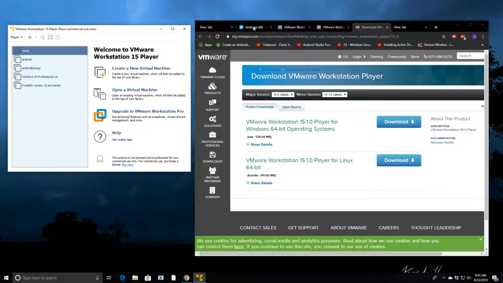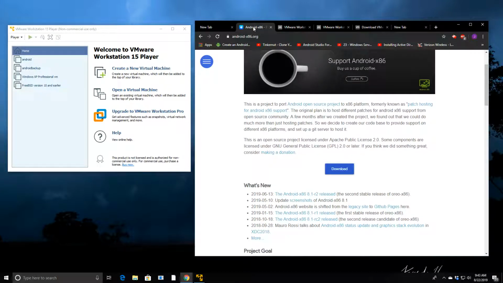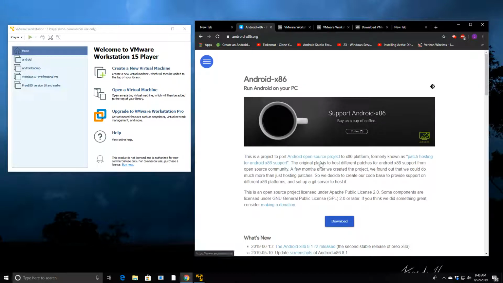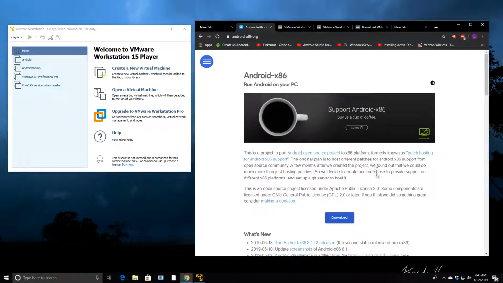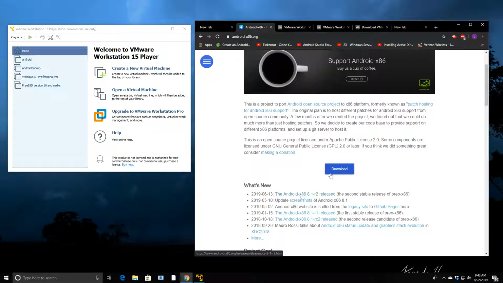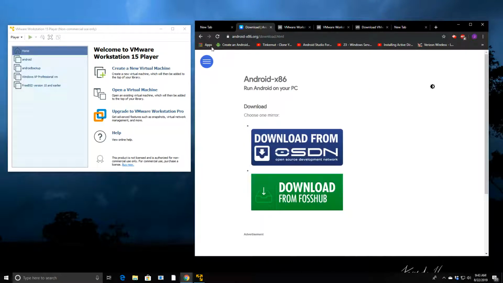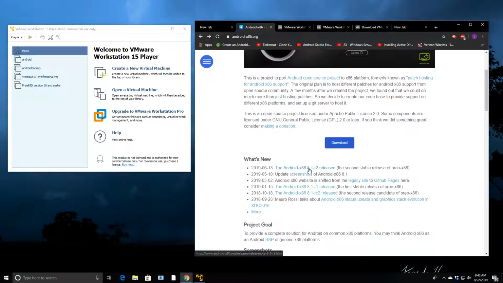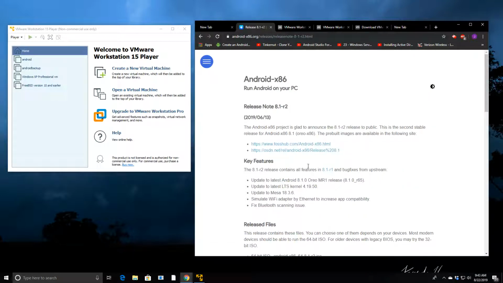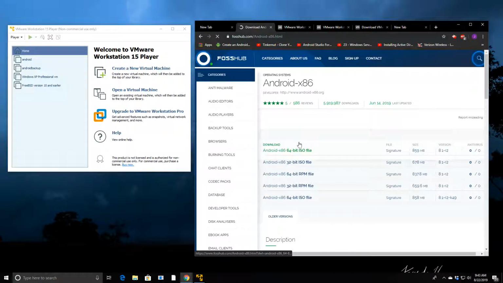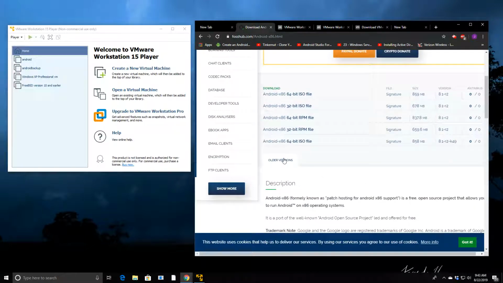So to get Android, one that works, I've tested quite a few, and the only one I can get to work with VMware is version 7.1 release 2. So go to android-x86.org. You can just click on download. Well, let's go back here. I think if we click on this one and go to, let's try FossHub. You can go to older versions,